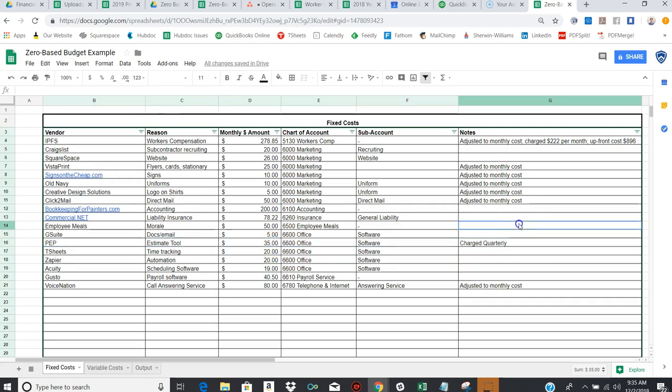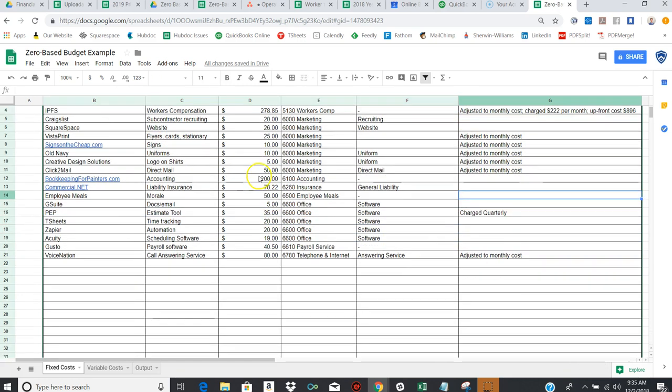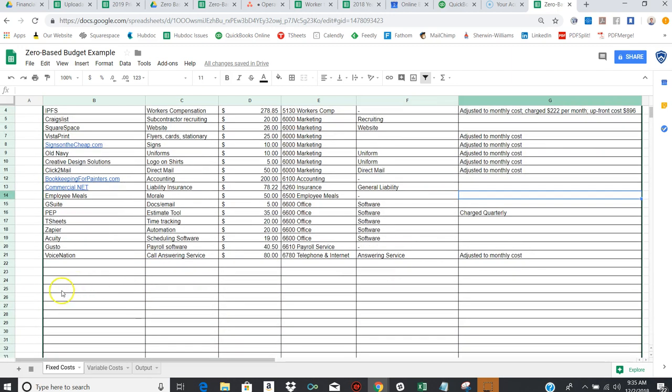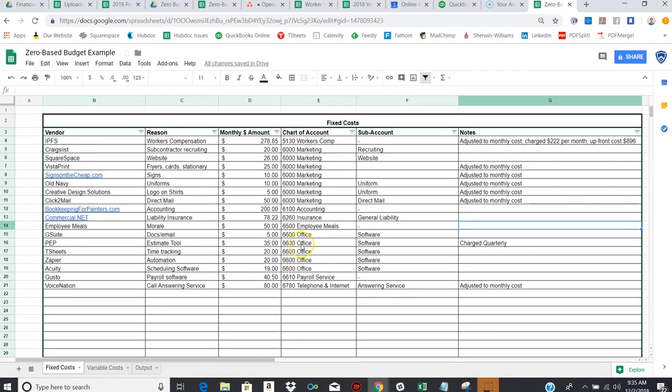So you list out all your costs, and the spreadsheet will add up the total overhead fixed costs here. And once you're done with that, you have your zero-based budget for your fixed costs. So you're pretty much done. Now, if you want to do a little bit more of analysis, you can move to the next tab, and